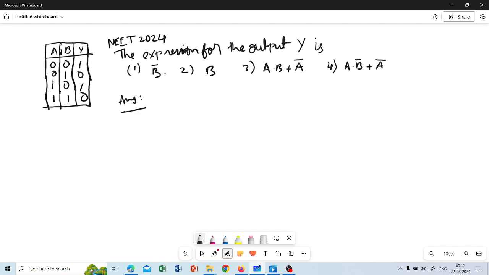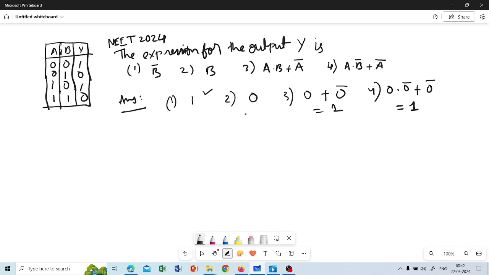So if I put 0 0, what happens in the first option? 0 bar, b is 0, so 0 bar is 1. The first option is 1, so correct. So this is what we need. Second option is b, so b is 0 if I put 0. Third option is a dot b, so 0 dot 0 is 0 plus 0 bar, that is 1. Then fourth option is a dot b bar, so 0 dot 0 bar plus 0 bar. So 0 dot anything is 0 plus 1, that is equal to 1, and this is also equal to 1. So option B is eliminated straight away. So there are three options. You have to check